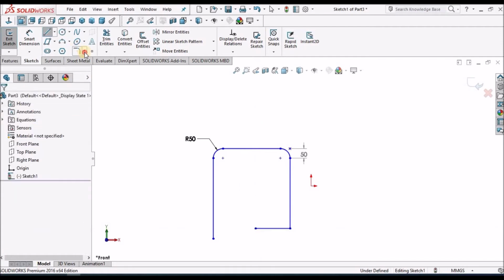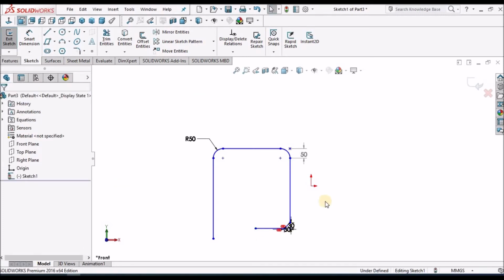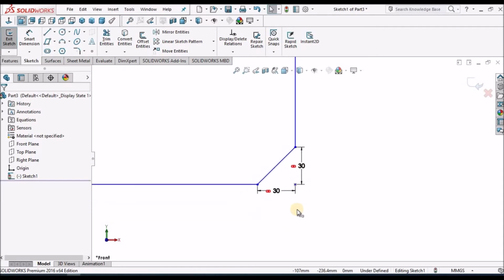So when I go for chamfer, I will automatically get the center point.